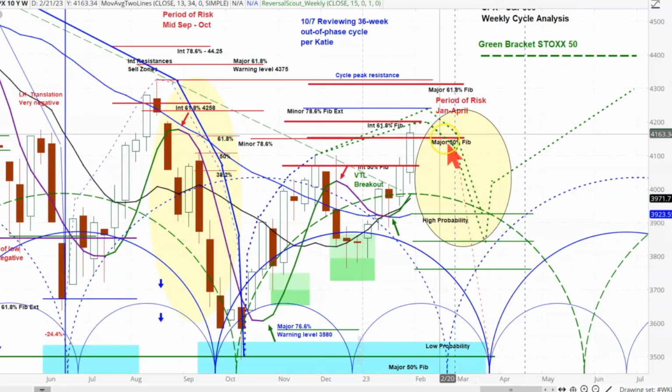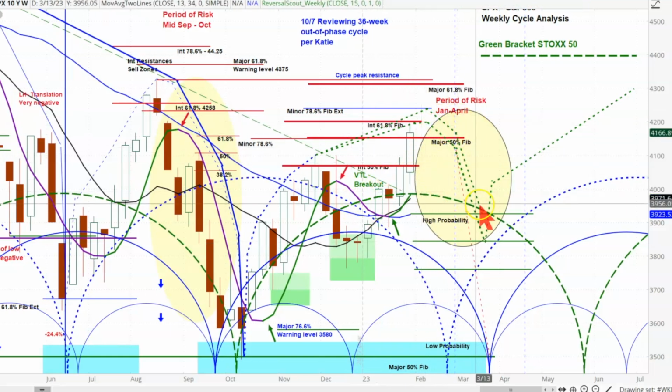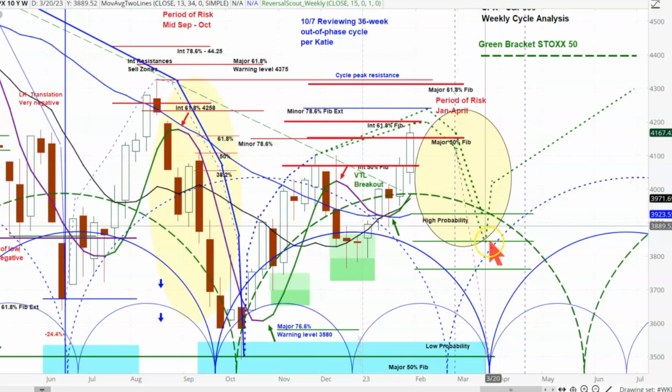Still, there is one likely to come in this time frame, which we have all along said was going to be into sometime in March and potentially out into early April. We still think that's the case, but the downside targets right now are around 39 and a quarter, and this one over here is 38.42. That is where these downside projections are, and even though we've had this upside rally, the timing doesn't change. The window for that correction really opens up in the next couple of weeks, and then we see the likelihood